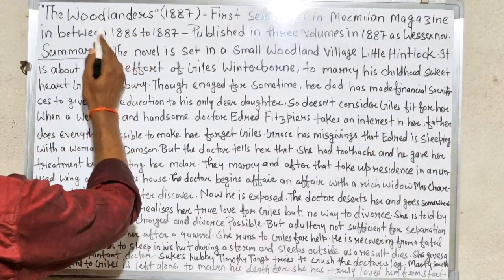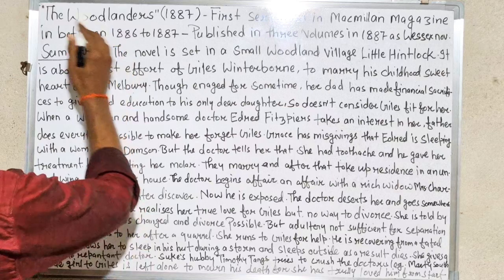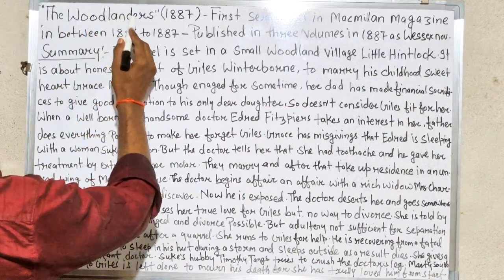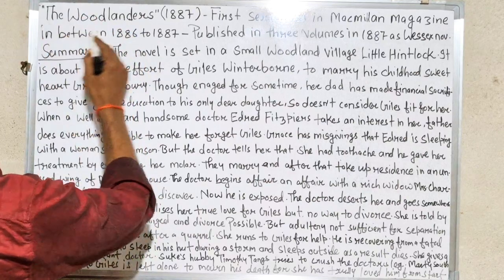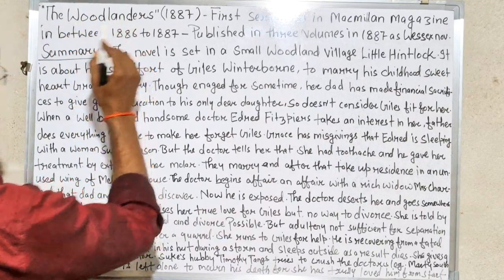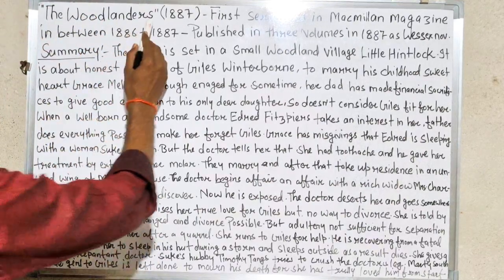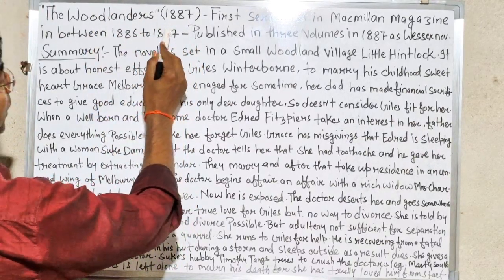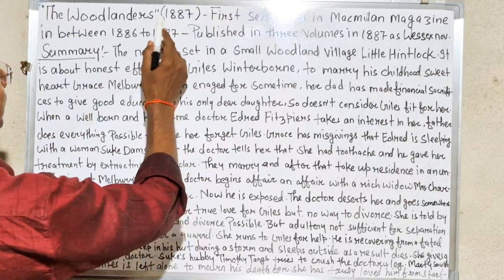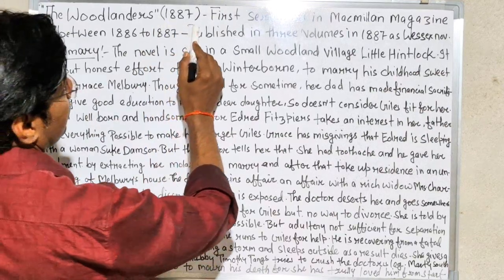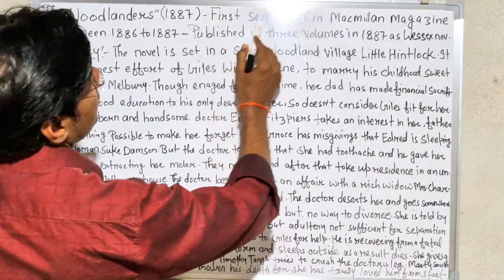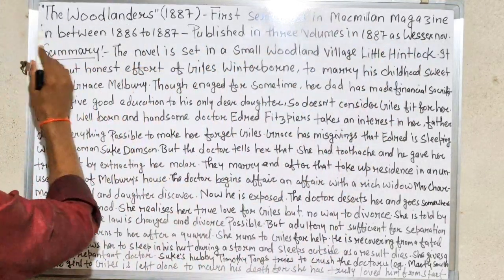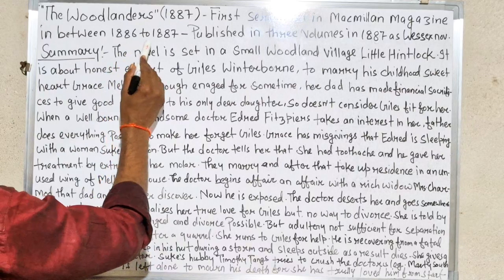Woodland, a jungle land is called woodland. And woodlanders, those who live in the jungles, generally are called woodlanders. So The Woodlanders, 1887. This novel was published in book form in the year 1887, but first serialized in Macmillan's Magazine between 1886 and